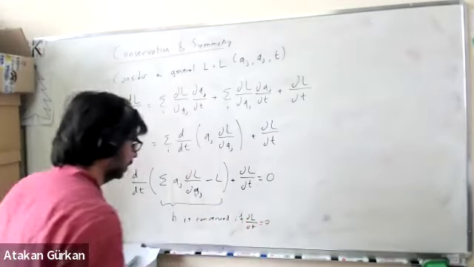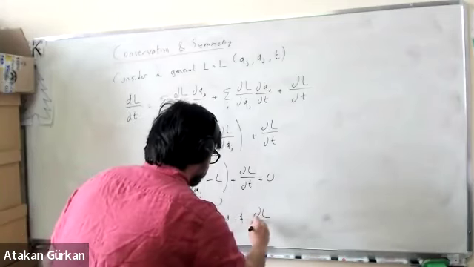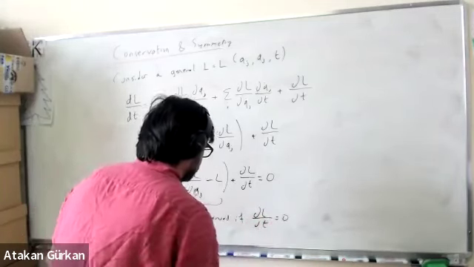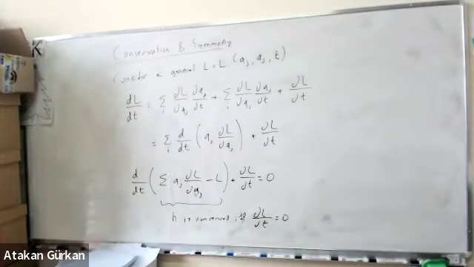Let's put it this way. The partial of L with respect to t is 0. This is in fact both a sufficient and necessary condition. Okay, so if and only if this H